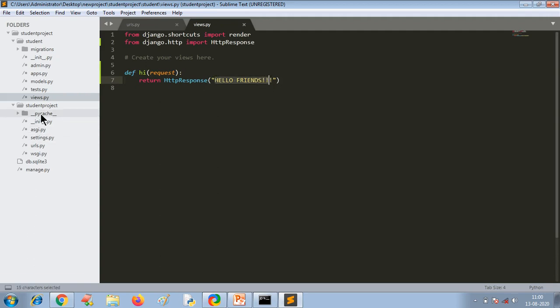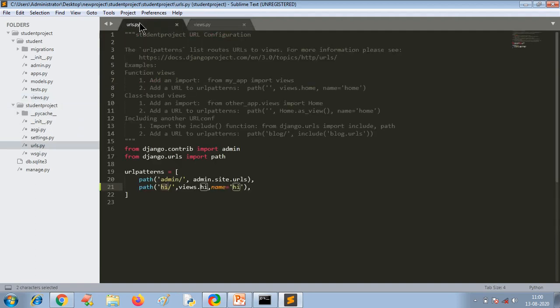Now when you go to urls.py again, you have used views.hi. You can see here views is in your application, whereas urls is in your project. You can see the tree structure here. urls.py is in your project, views.py is in your application.